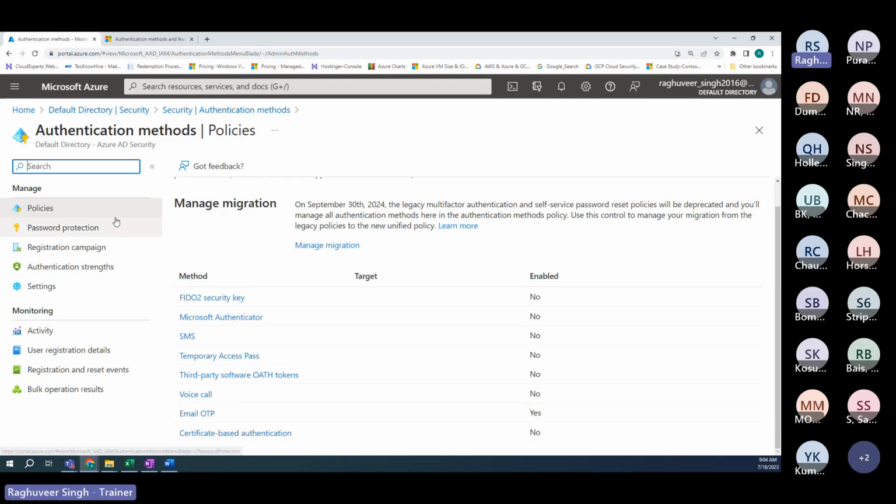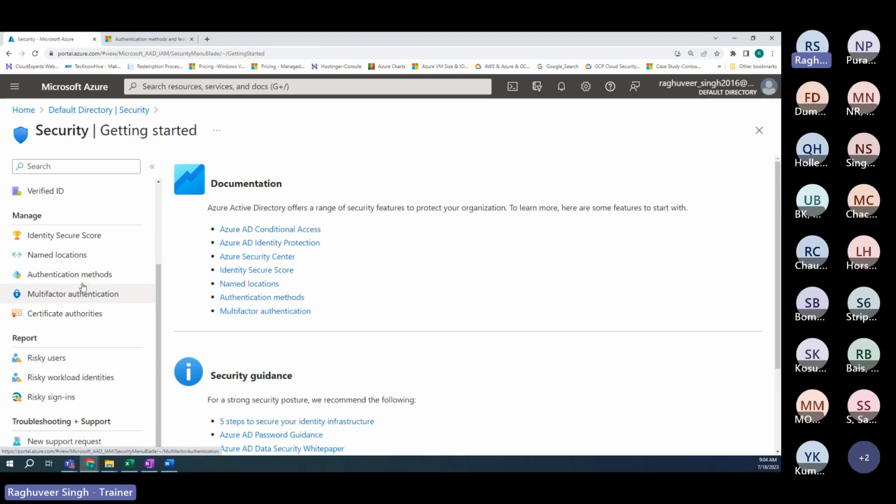So these are the security capabilities. And this is where you can configure the policies, conditional access policies. So these are all the security capabilities that Azure Active Directory brings to the table. You can see here it shows you risky users, risky workload identities, risky sign-ins. Now, all of this information will be fed into Sentinel. When we get into the Sentinel part, we will integrate Azure Active Directory, or we will configure a data connector of Azure Active Directory to send